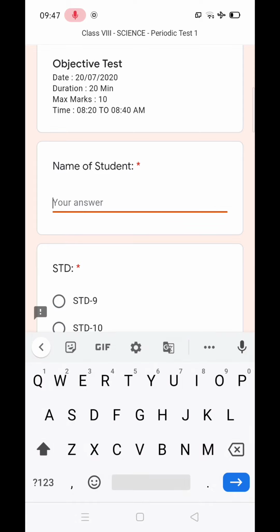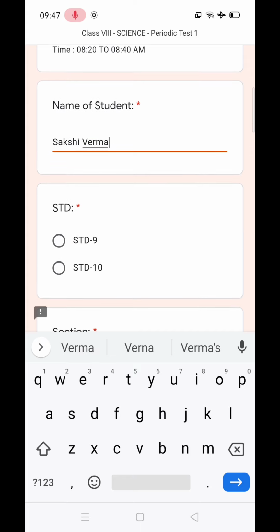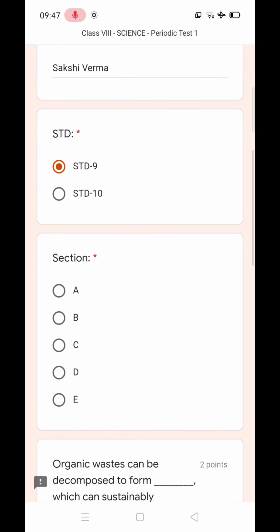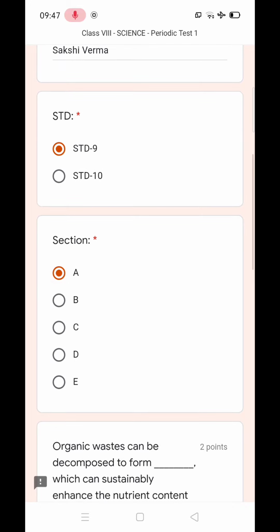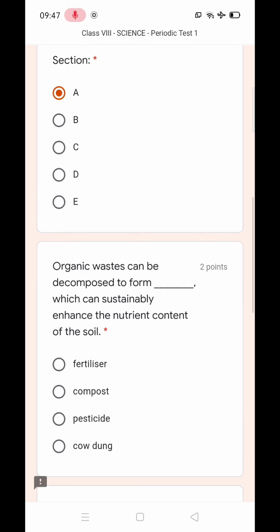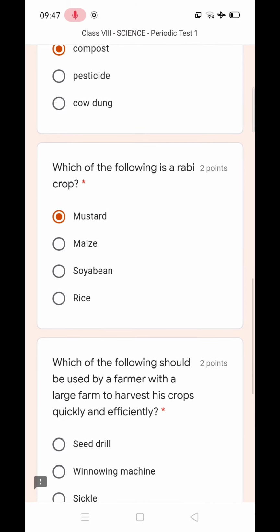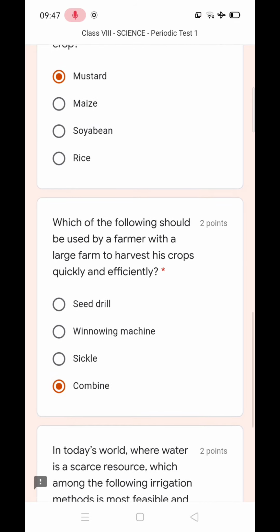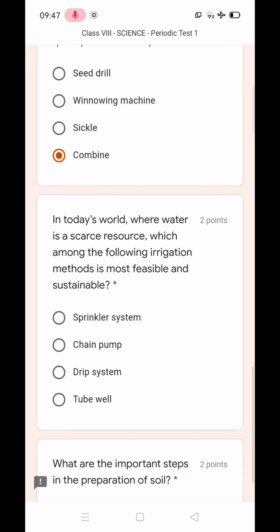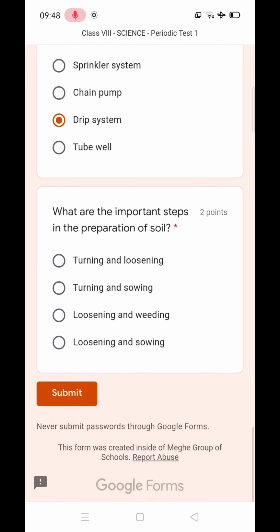Type the name of the student. Select the proper standard and section. Then solve the questions and submit.